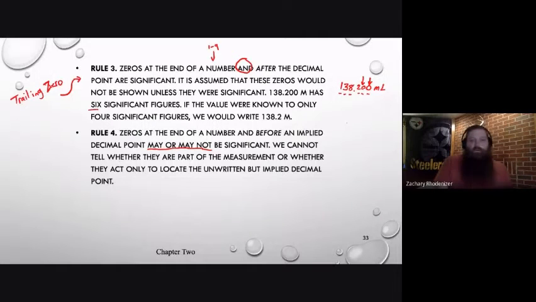You don't really see this very often. At least you won't see it in my class, where you get zeros at the end of a number before an implied decimal, and I go, hey, what's significant? So what would that look like? Well, let's say I said